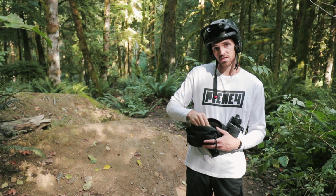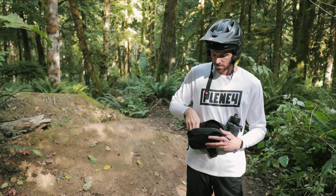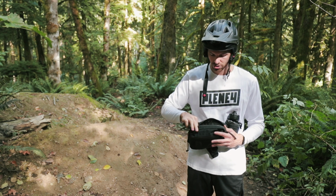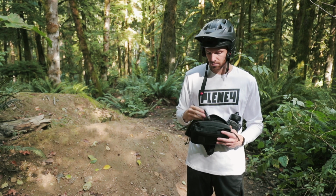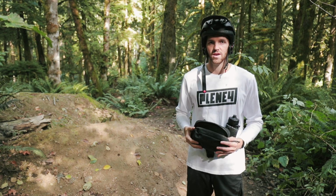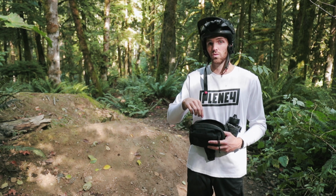I'm not going to toss these, but I have 2 spare GoPro batteries in these 2 small front pouches. And then an extra derailleur hanger in the other small pouch. And then my GoPro. So that's pretty much a standard kit that I'll go ride with day in, day out. I can actually fit all of that stuff except for the riding glasses in the pouch with a jacket or